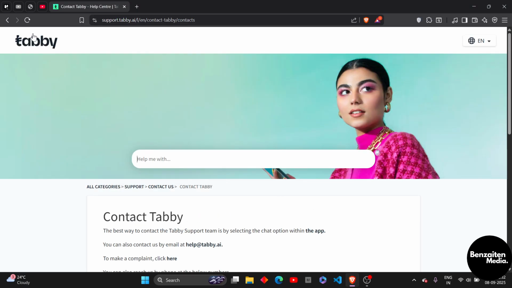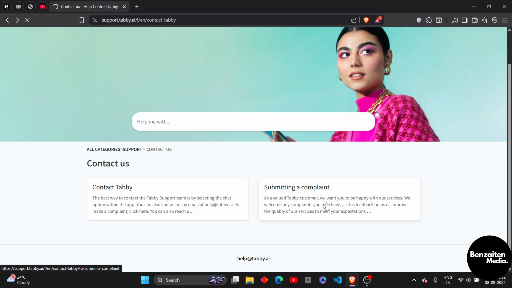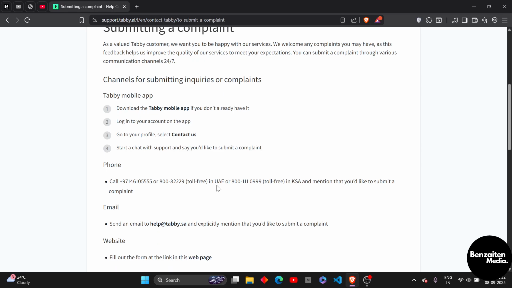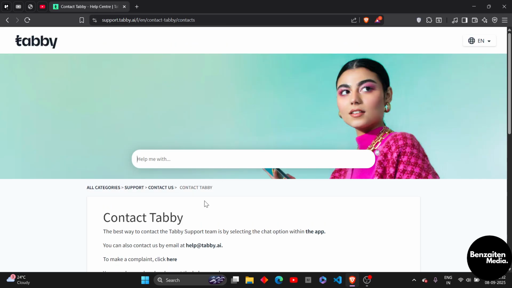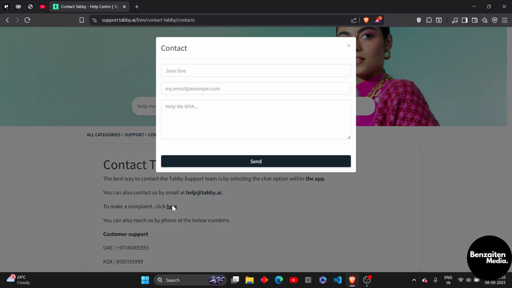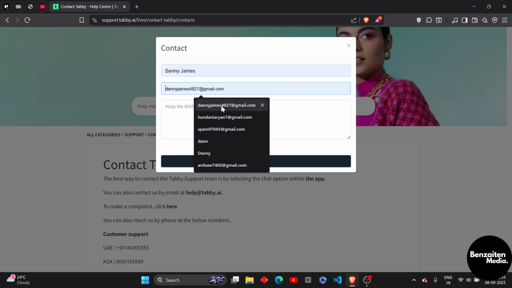But if you can't contact Tabby, just click on submitting a complaint, and after that you need to enter your complaint by simply clicking on click here. As you can see in the contact tab, you have the option to click here to make a complaint. After that, simply enter your name, enter your email, and after entering your name and your email, you just need to